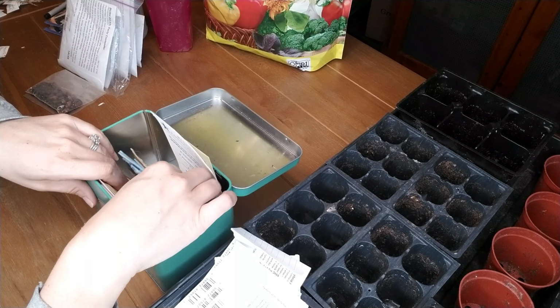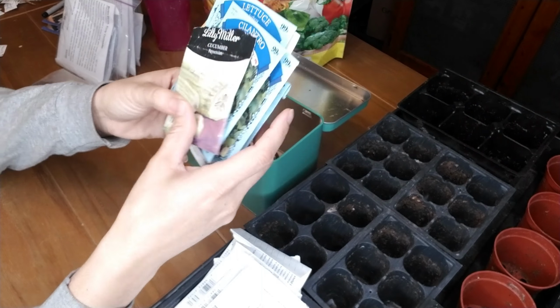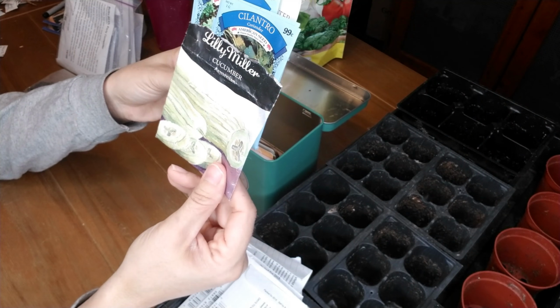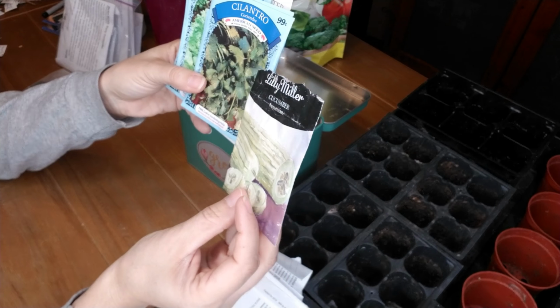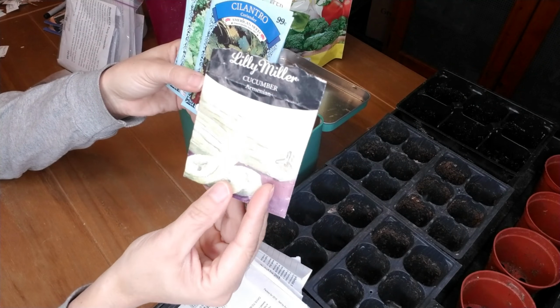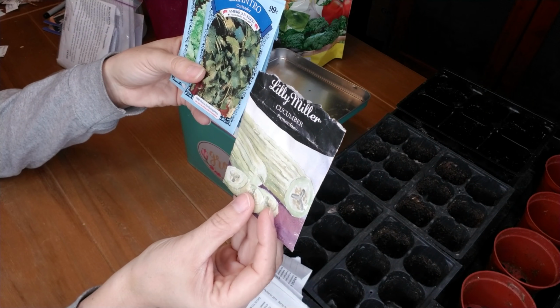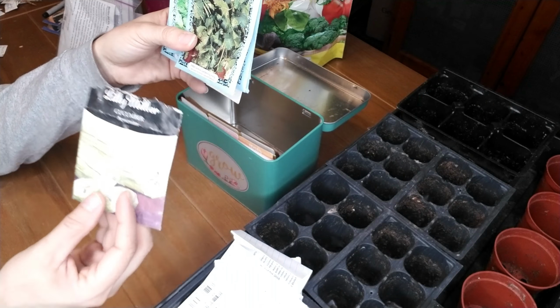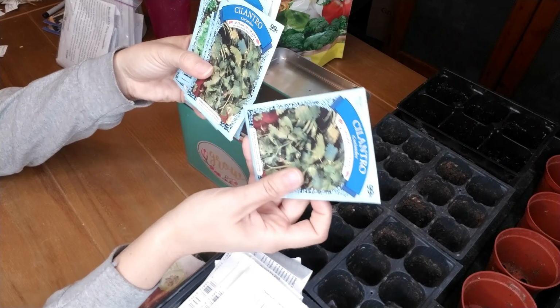All right, what else do I have in here? These are the cucumbers that my grandpa has been wanting. I'm going to try and find some of these online. I haven't been able to find any of this particular kind that he's been wanting. But these are also something that you don't need to start ahead of time. So then I have cilantro,